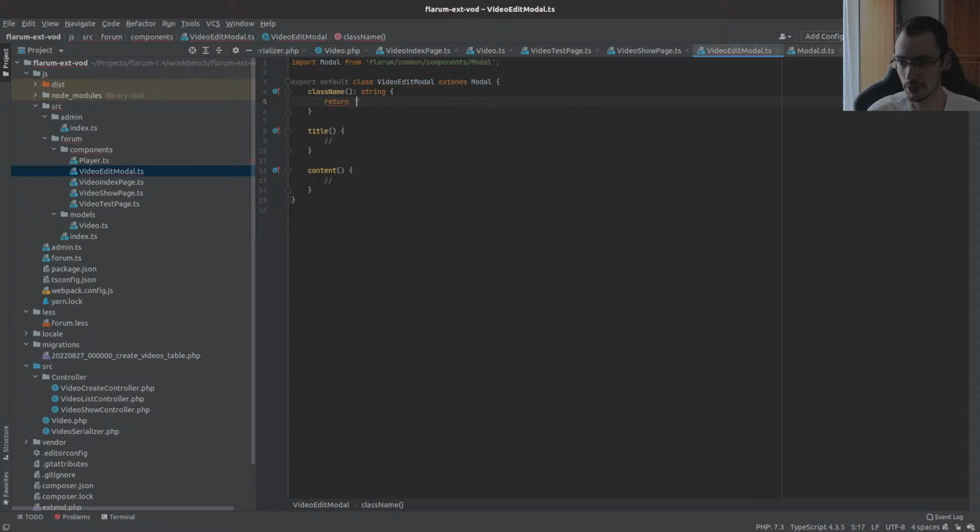So class name, we can just do modal small. This is a class from Flarum. We just tell it we want a modal of size small. Title will just be "Edit video". It will just be a hard-coded text for now. And the content will be,